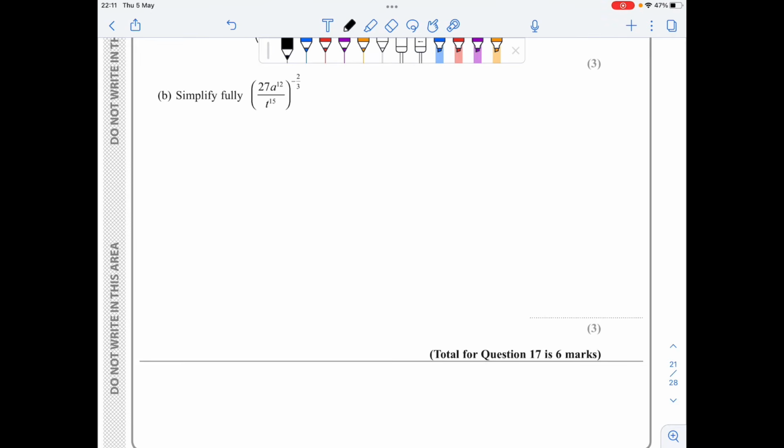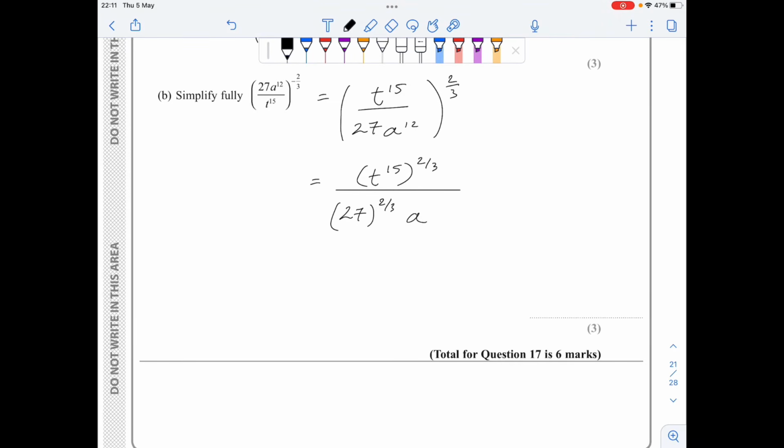For part B, I'll start by flipping the fraction, so t to the power of 15 over 27 a to the power of 12, and this is to the power of a positive 2 over 3. Now this power applies to every term, so I've got t to the power of 15 to the power of 2 over 3, over 27 to the power of 2 over 3 times a to the 12 to the power of 2 over 3, and this will give me